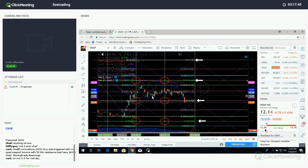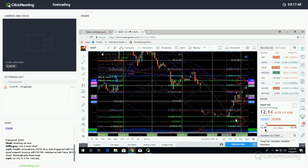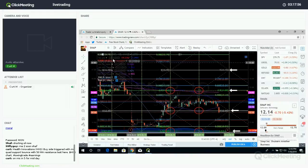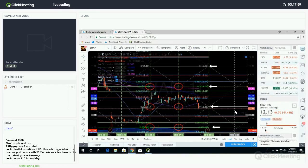It was back over here before it dumped. The targets aren't on there anymore, but it was hitting targets. But it gaps huge up and down. It's got earnings in 8 days. It's messy, but